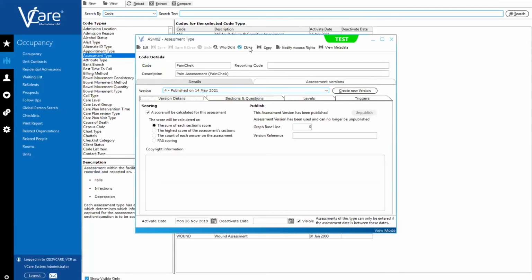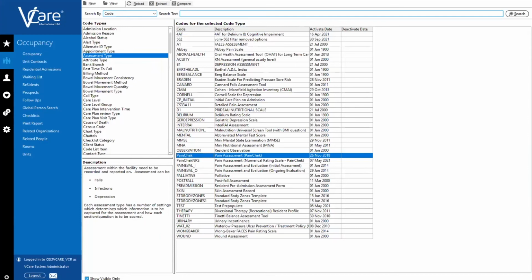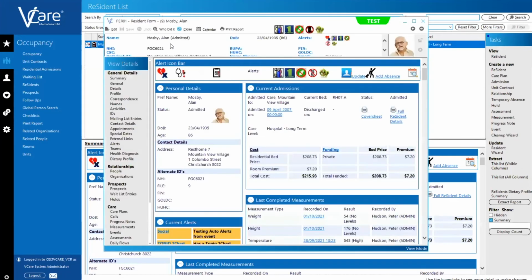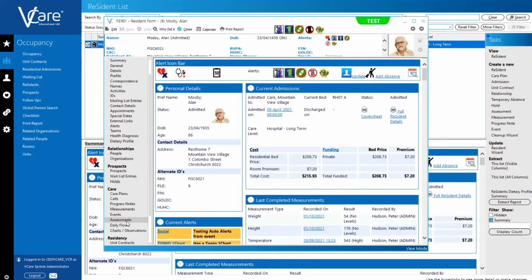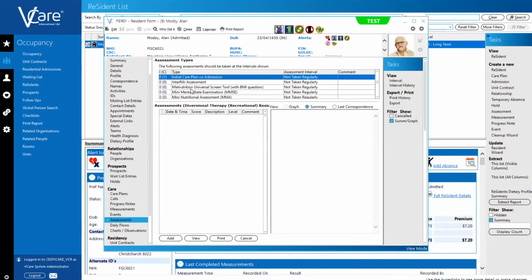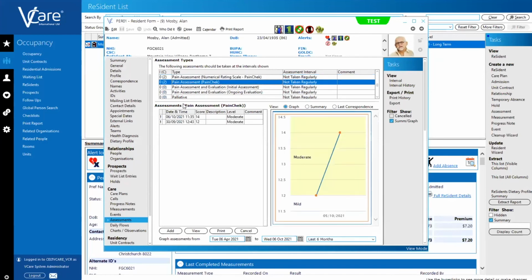What I'll do now is go straight to the particular resident. So if I go to my resident list, we've got Mr. Mosby here ready to go. If I go down to assessments, go to the pain assessment, Painchek. And now you saw on James's list that there were 2 assessments done so far. So one on the 30th and one on the 6th. And the one on the 6th was the one that had the score of 14. So if I double click to open that,